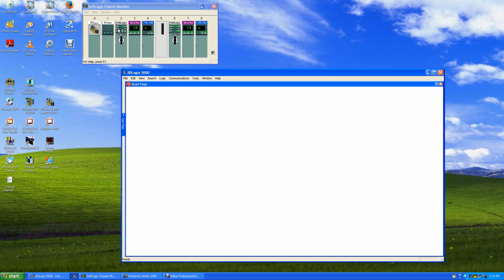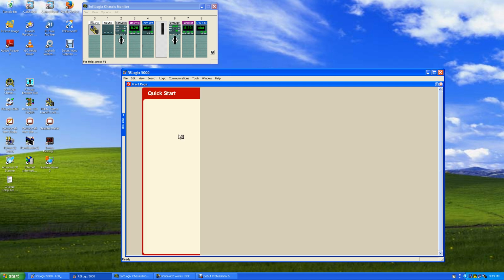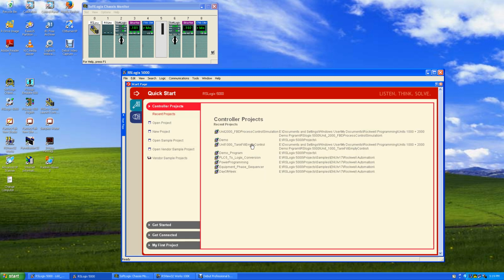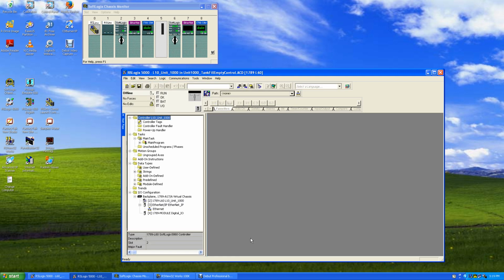And I believe I put that in slot 2, so it should work. 1000 tank empty fill. It's not really a process simulation. It's just a bang bang simulation of up and down and filling and emptying tanks, and then